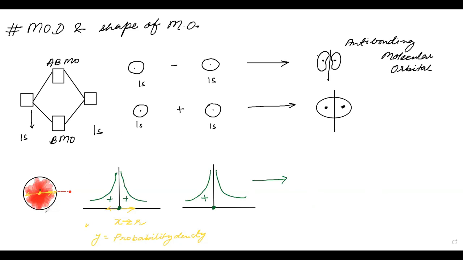Let me start from here. I drew a 1s orbital. I guess you understood that. Okay, fine. Then what did I do? I said that I am going to try to make a graph for it, a plot for it, a wave for it. For that, I took an x-axis, and by convention, I assumed this origin as the center, that is the nucleus.